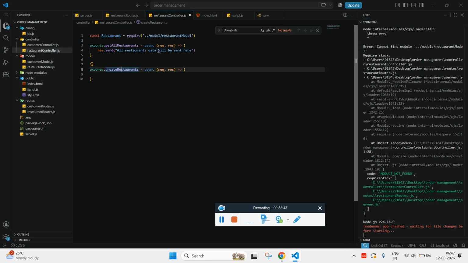Now what do we need? We need to create an instance. We need to first get the restaurant data, and we'll store this into an object which is name and location, and we need to create a new restaurant